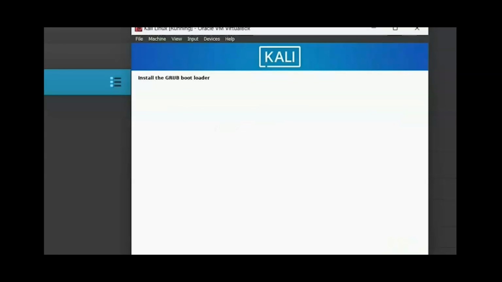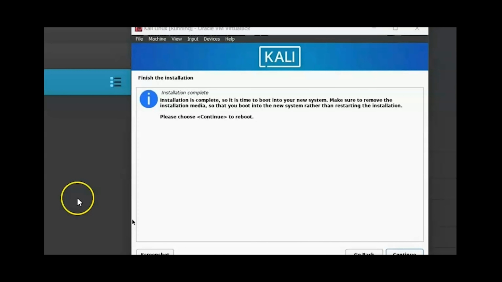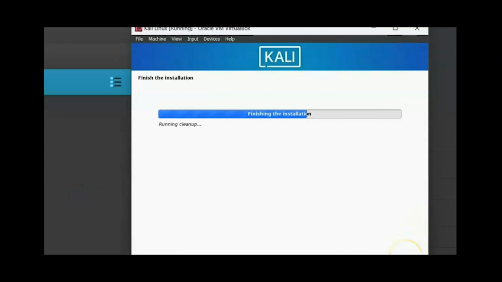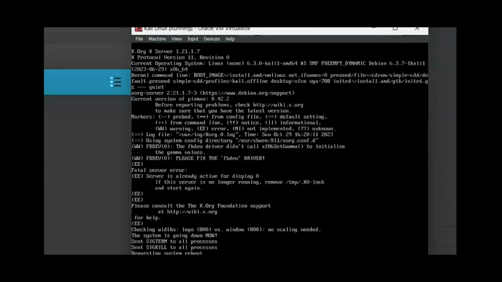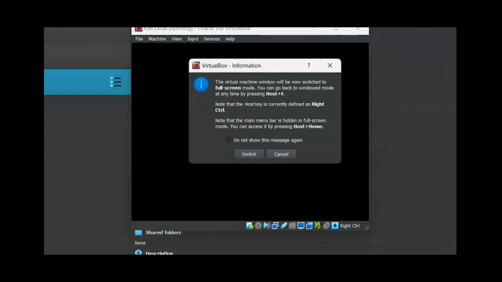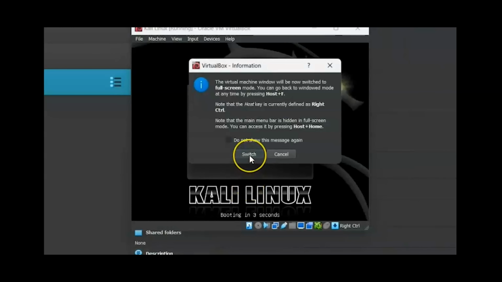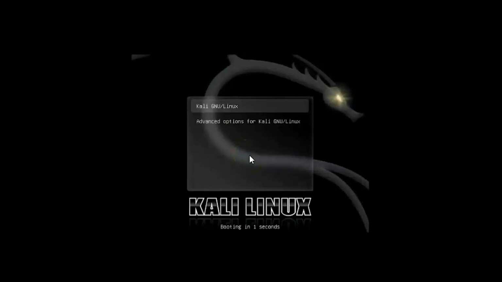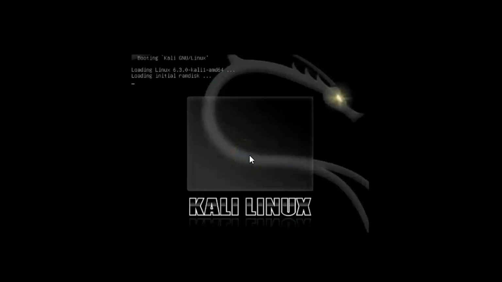And then we're pretty much done. This is going to restart, and it's going to boot into the operating system. You shouldn't have to do anything. It might ask you to go into full screen again if you were already. So mine should be asking me to go into full screen, and I'll say switch. Yep, I'm going to click switch. If you're not in full screen, you can do the right control F,